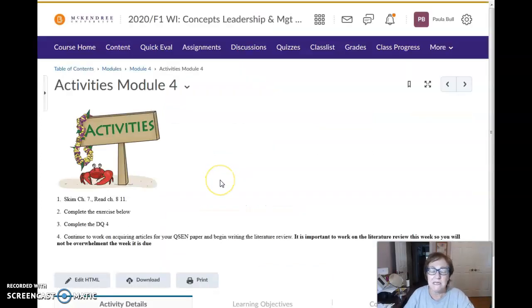Your main grade will be on your literature review in this class, and it is important during this week, where you don't have a portion of a paper due, to get started on this literature review. Start acquiring articles for whatever chosen topic you have. Start grouping them into themes like I explained last week, and start analyzing the results and look at how they compare and contrast with one another, and think about making an outline about how you're going to put all of this together in the paper.